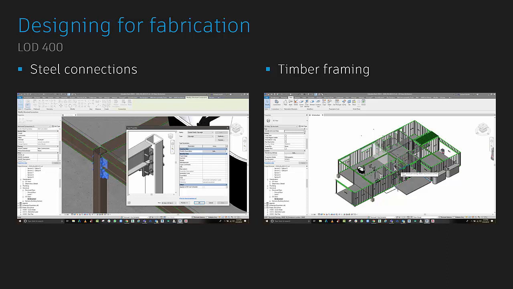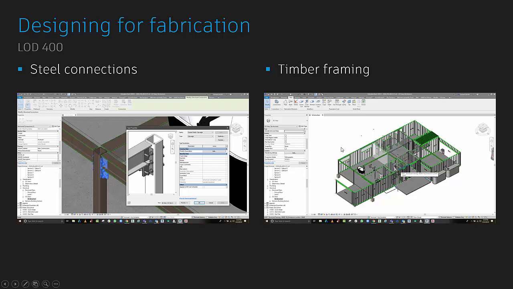Number one, you can do steel connections. And inside of this house design, I need to have a few steel members and they need to be connected. So inside of Revit, from Revit 2018, we started to introduce steel connections from our Advanced Steel portfolio. You can load these in and then connect up the beams accurately. So if you really want to build all the nuts and bolts, you can do it inside of Revit